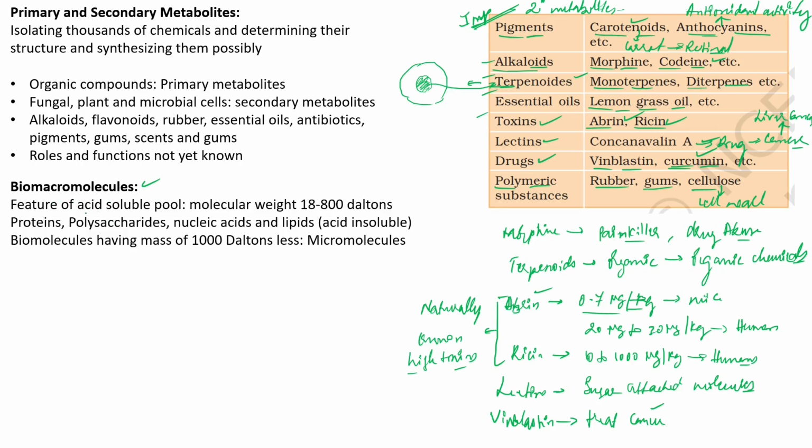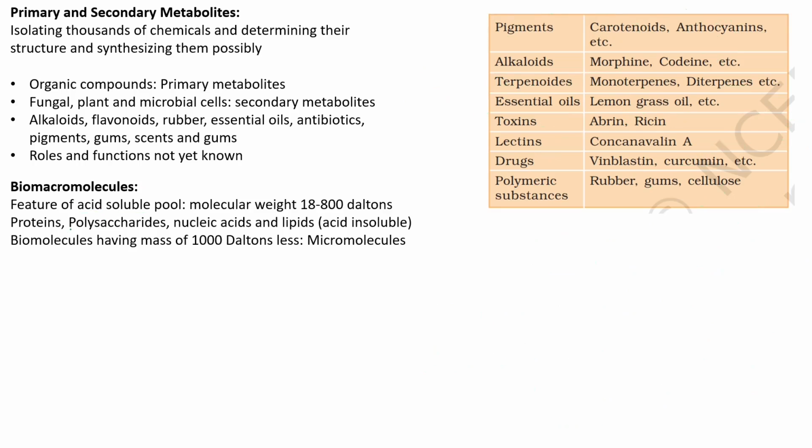The first one we have is the acid soluble fraction. If you remember from our first class, we determined the main important substances by grinding the cells or tissue into trichloroacetic acid, and we got two types of fraction. The first is called the acid soluble fraction, and the other is the acid insoluble fraction. That is what we determined, right?